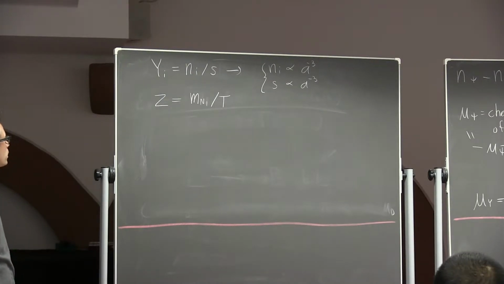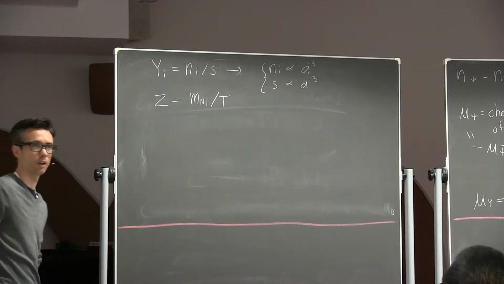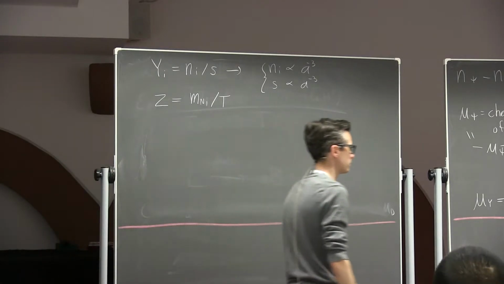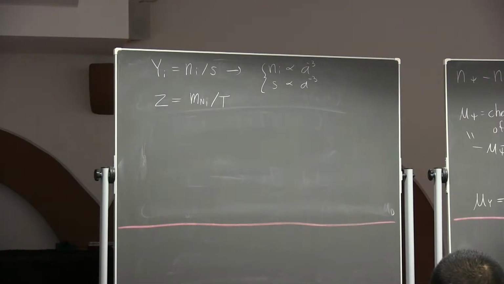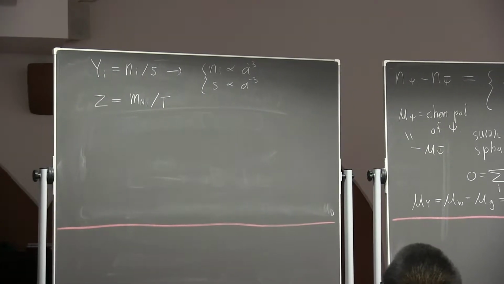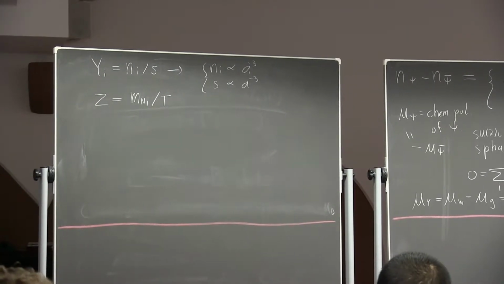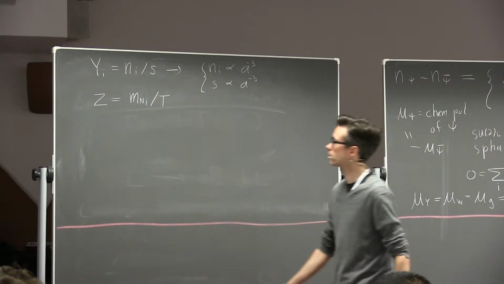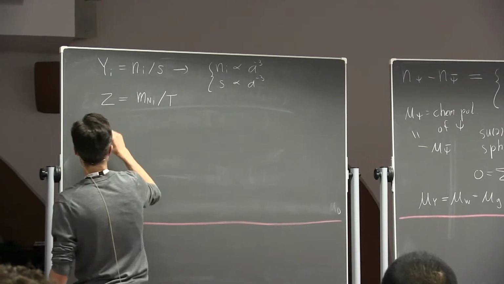So I'm going to use this variable instead of time. But as I go forward in time, this z variable is going to increase because my temperature is going down. So in terms of these variables, the Boltzmann equations that describe